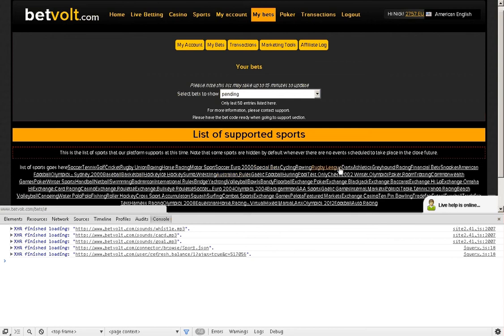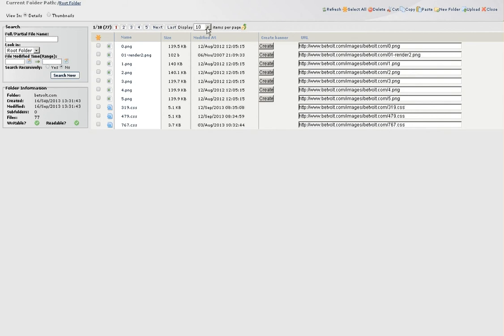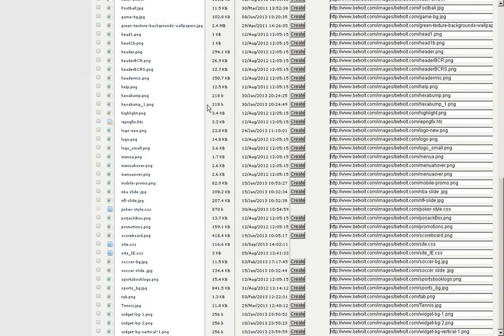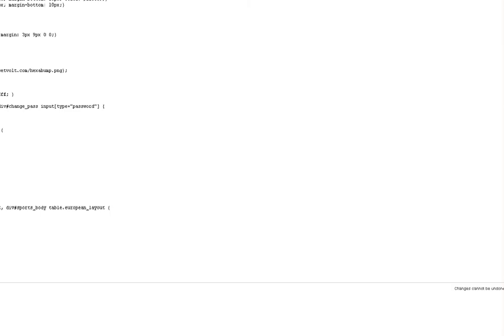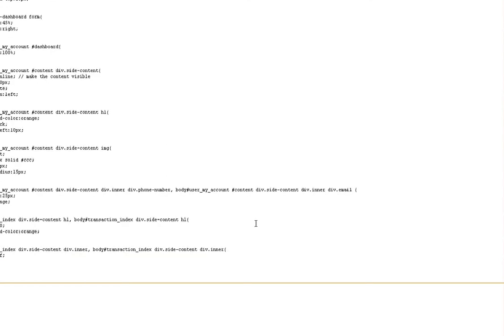We have a bunch of links over here, and some of these links are the names of the sports that we support in our database. We want this formatted a little bit because this is not the right way to show it to users. And for that, we have to go to the media manager once again and go to the website CSS file, which is this, and we're going to edit the CSS, and we're going to go to the bottom, and let's say body bets index div site content div inner